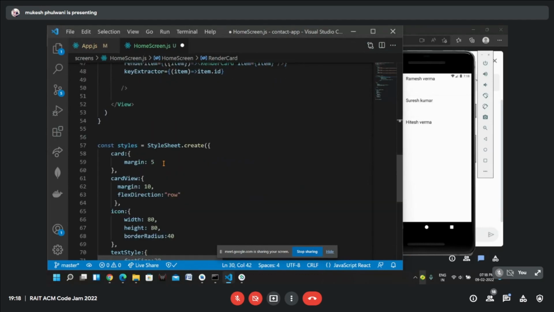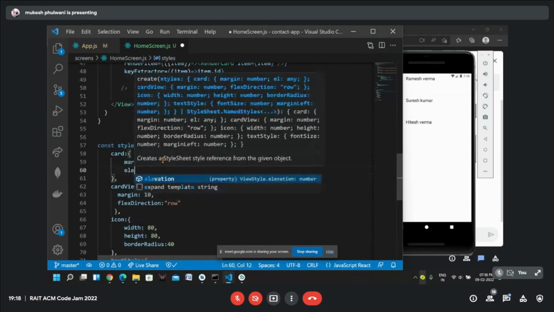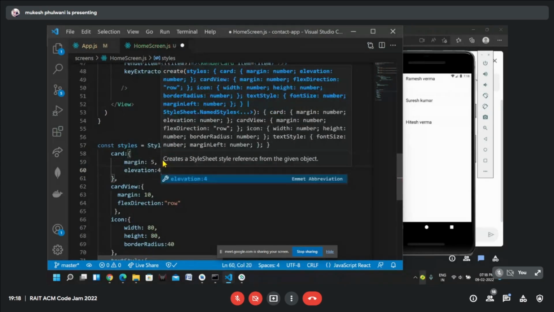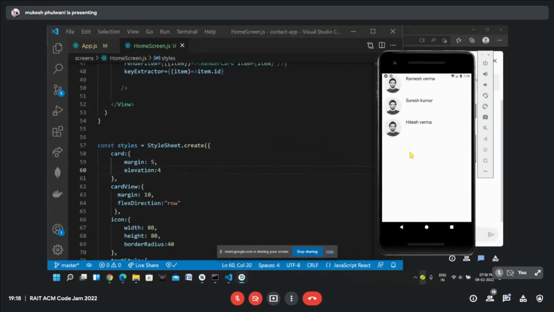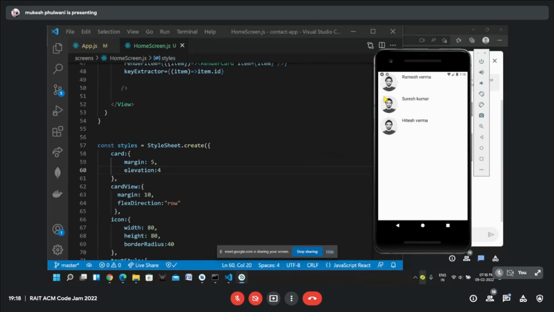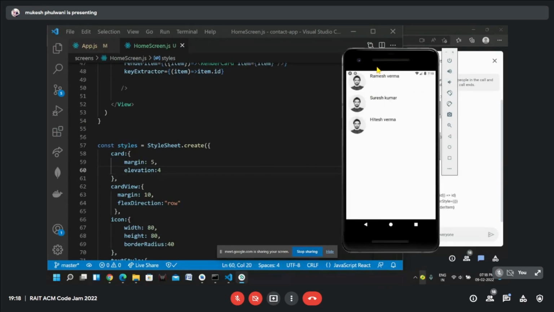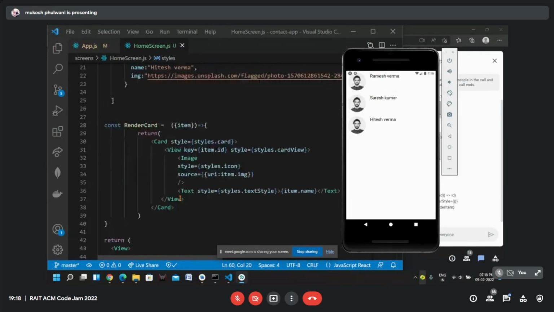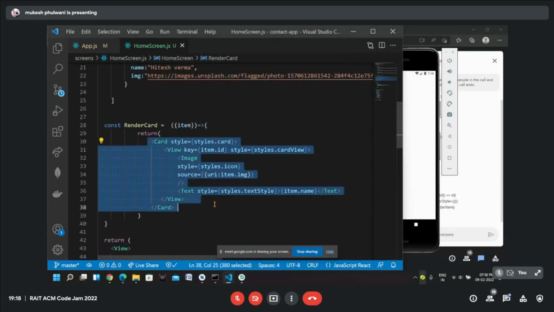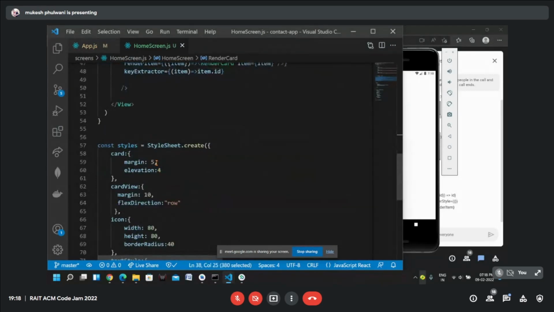I think we can add an elevation. Let's see if this works. Elevation 4. And do you have any idea why we are not able to see the shadow? Let me see. We have card. We increase the margin maybe.